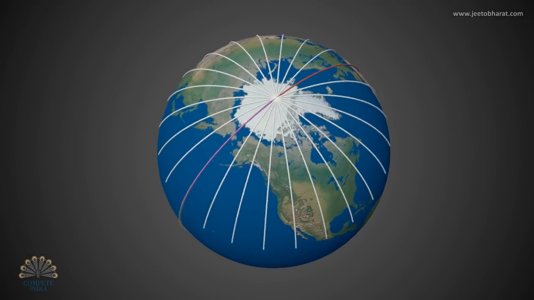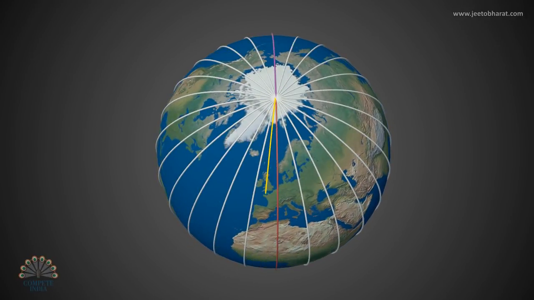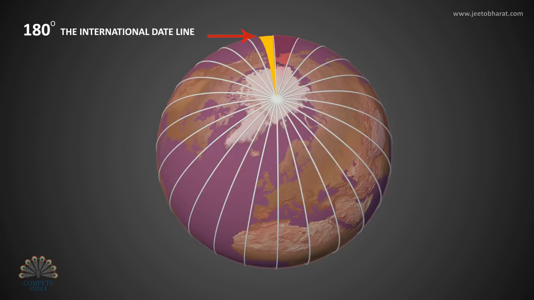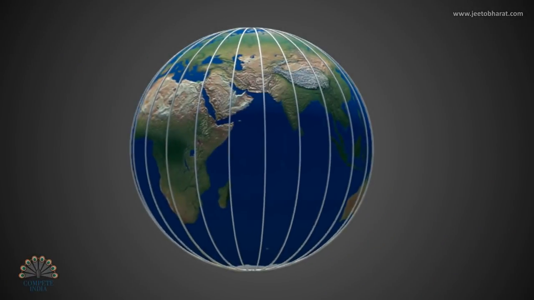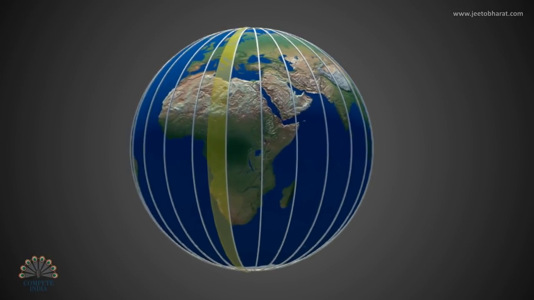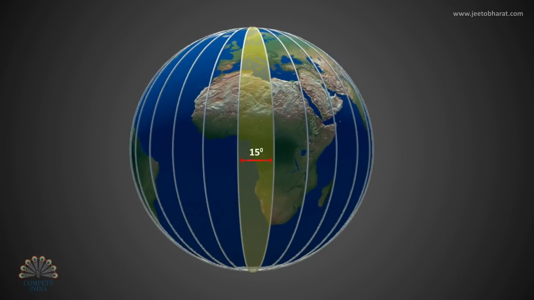Earth is divided into 24 time zones. The time at 0 degrees longitude is called the Greenwich Mean Time or the Coordinated Universal Time. The 24 time zones extend east and west around the globe for 180 degrees from the prime meridian to the international date line. Since the Earth rotates once every 24 hours and there are 360 degrees of longitude, each hour the Earth rotates 1/24th of a circle or 15 degrees of longitude.